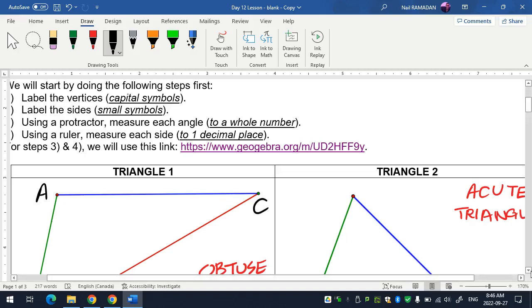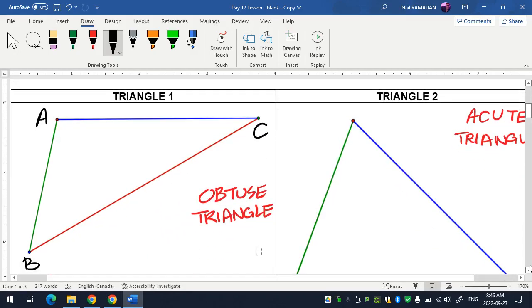By the way, a common mistake is people saying, well, this is the longest one, so it has to be the hypotenuse. That's not correct. Why? The hypotenuse is not just the longest one. It's also the one that's across from what angle? 90. Is this 90? Because this is not 90, this is not hypotenuse. So you cannot use opposite, adjacent, or